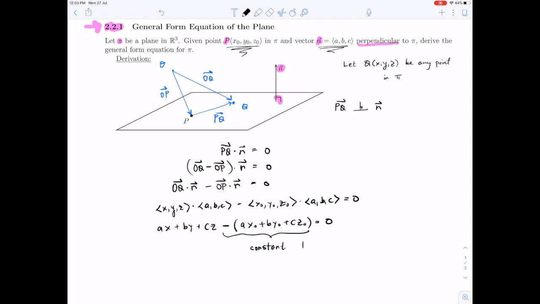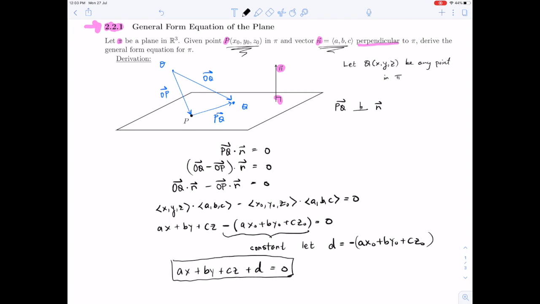So we're going to let D represent this constant. We collect that all together, so we have a single number D representing that constant, and we end up being able to write ax plus by plus cz plus D equals 0, and that is the general form equation,